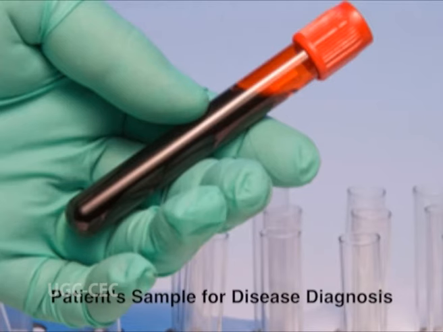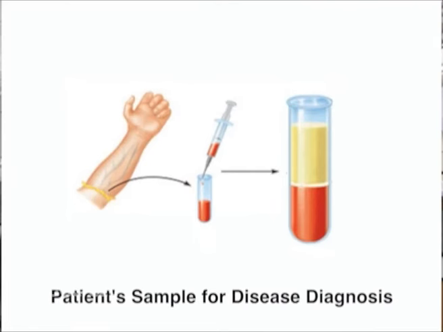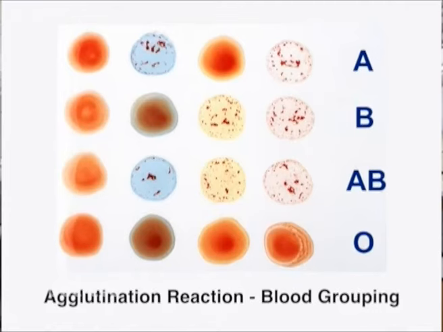Blood sample is withdrawn from the patient and serum is recovered. The serum contains the antigens of the microorganisms with which the patient is infected. Presence of these antigens can be detected in the patient serum. The patient serum also contains antibodies against these antigens. The antibodies are produced in the patient's body in response to the antigens on the pathogenic agent. Diagnosis of the disease can be done by detecting the presence of antigen or antibody in the patient serum by